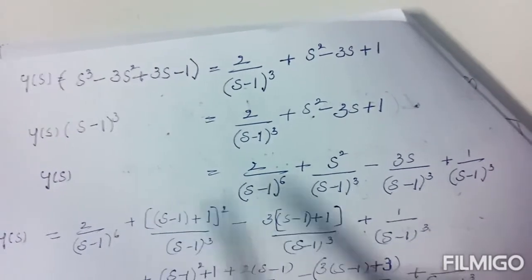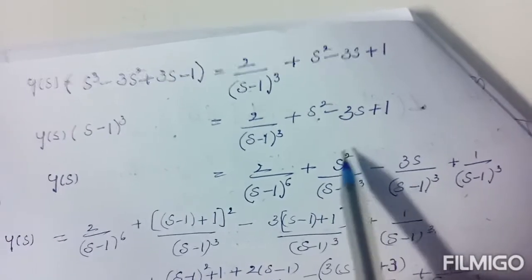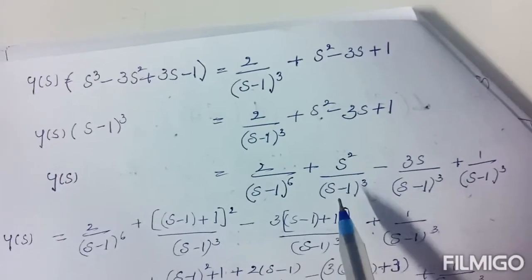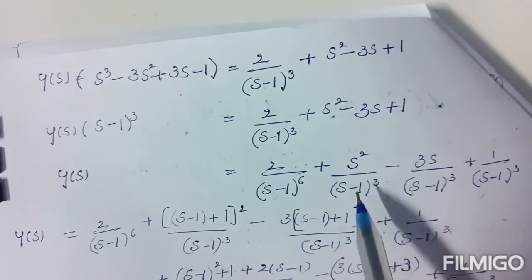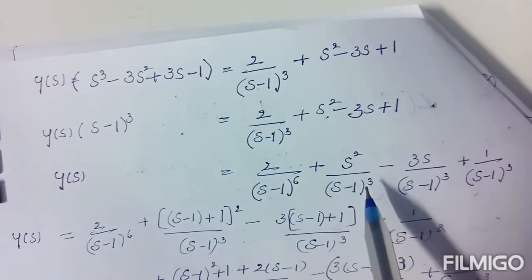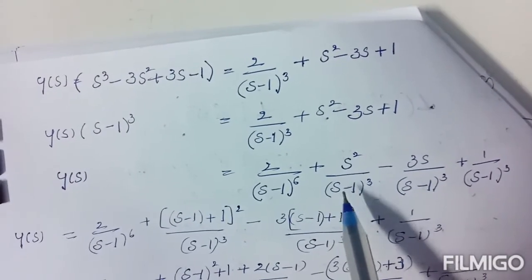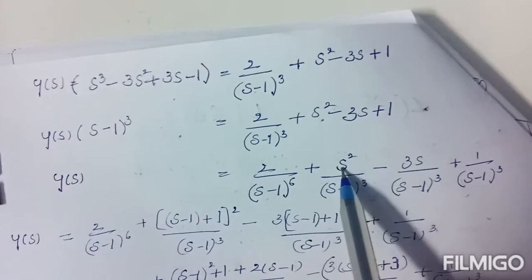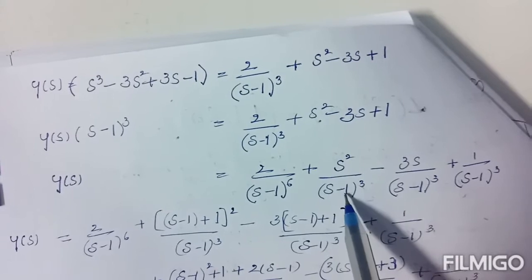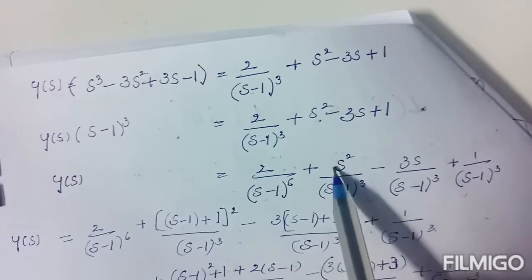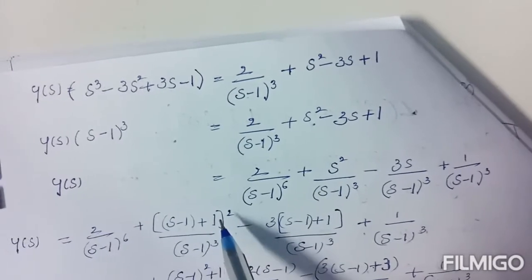standard formulas. Here this is the second term but it is not in the standard form of the Laplace transform formula. Why? Because here, in place of s, actually this is similar to s by s cube form, but in place of s we need s minus 1. So in every place of s we need s minus 1. So s is also written as s minus 1. In the denominator what is the factor? s minus 1. Here also it is written as s minus 1. To balance that, plus 1.